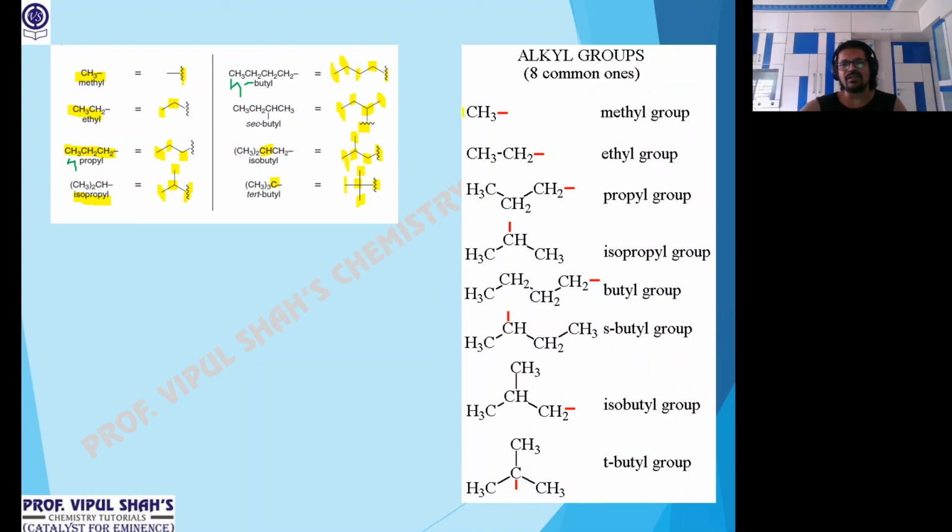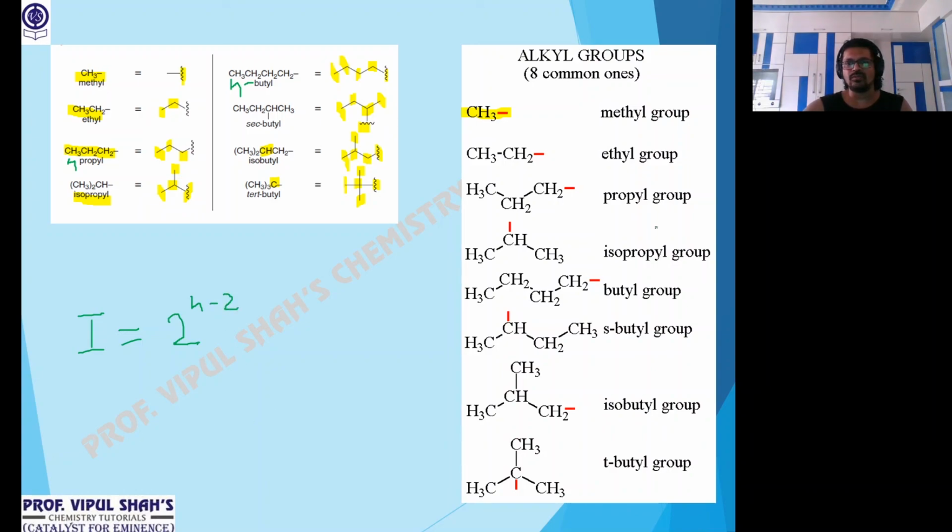So CH3 with one valency short, methyl, ethyl. From propyl branching starts, so propyl has 2 isomers. Now for alkyl groups, I'm giving a formula. Write down. There's a formula to calculate isomers, for alkyl groups only. The number of isomers is given by 2 raised to n minus 2, where n is the number of carbon atoms.